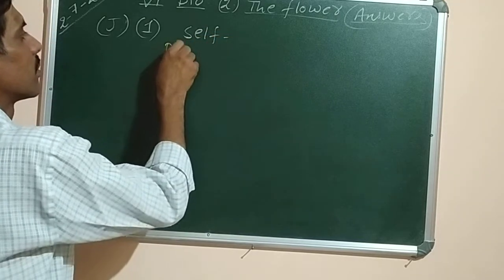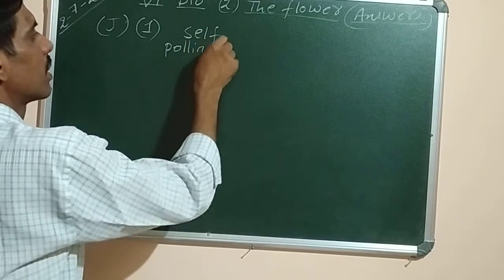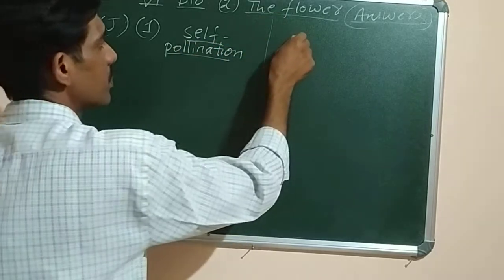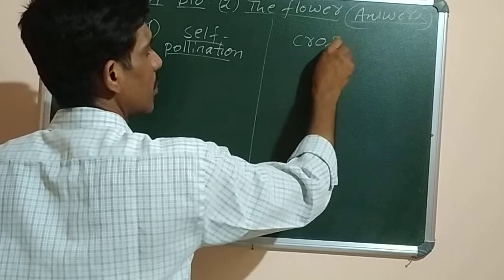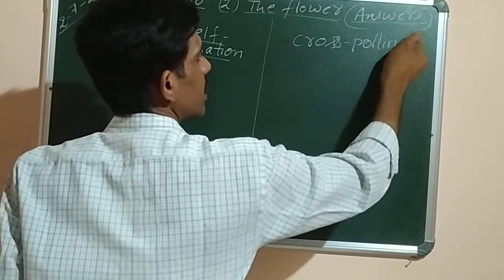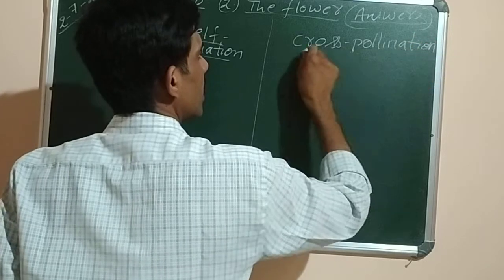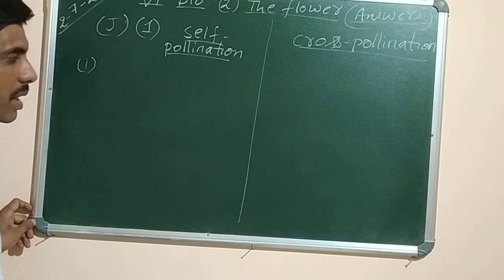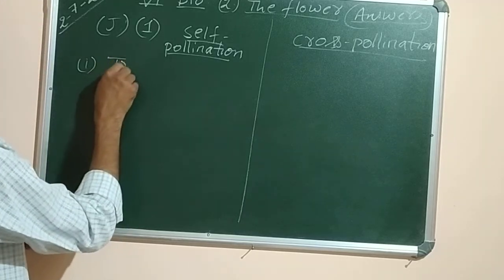Self-pollination. Differentiate between self-pollination and cross-pollination. You will write in your copy all the answers of differentiate between in tabular form only. No need to write straight. Like first point, you can write point number 1. What is self-pollination? Transfer of pollen grains